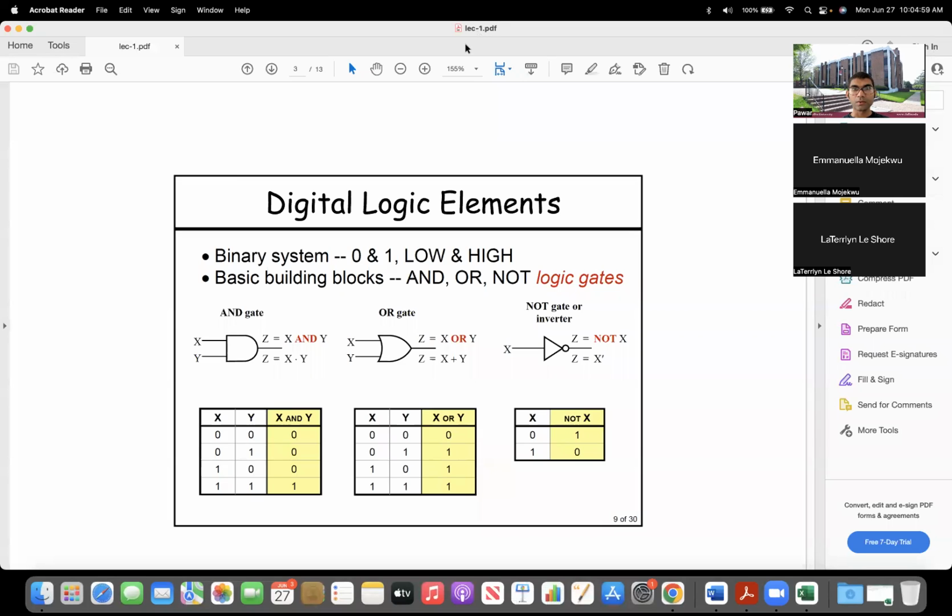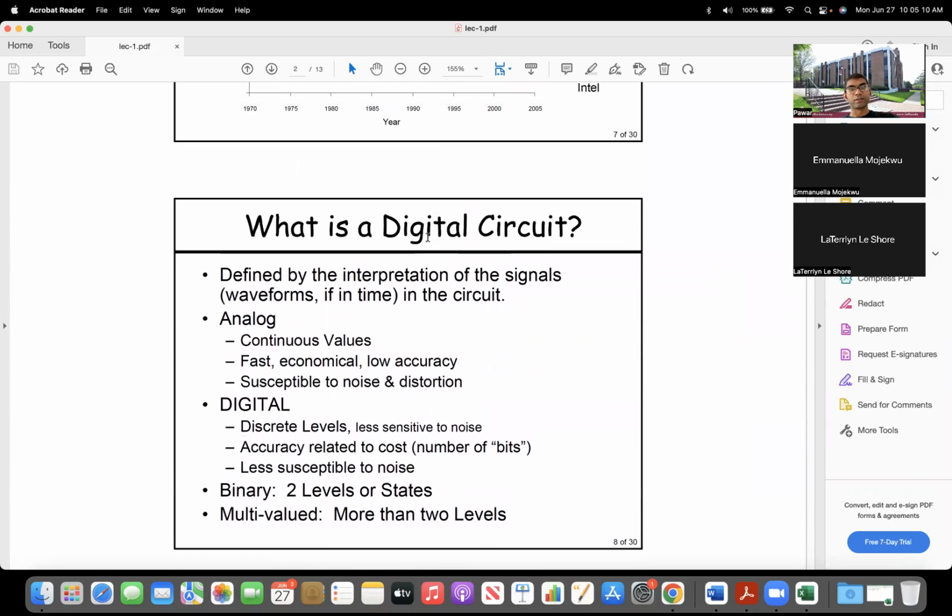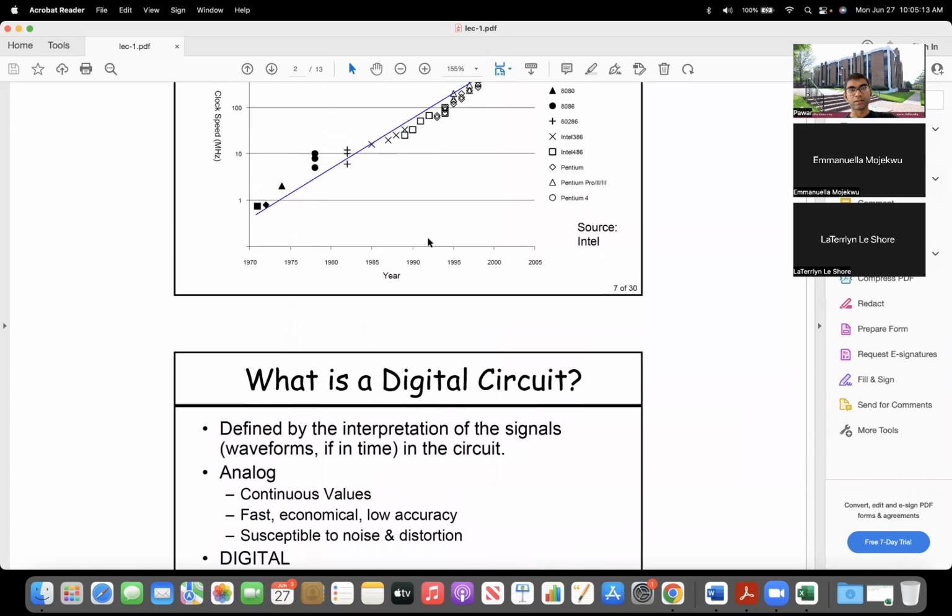Okay, so last time we looked into some definitions, right? So we looked into circuit, what is a circuit,